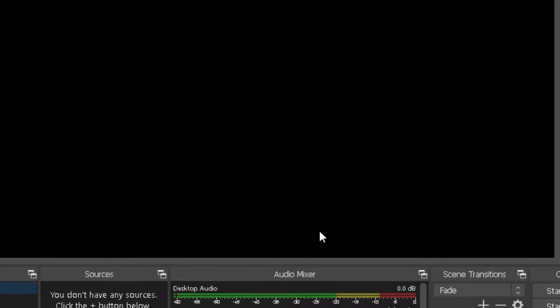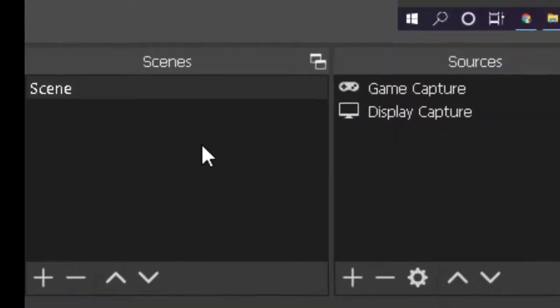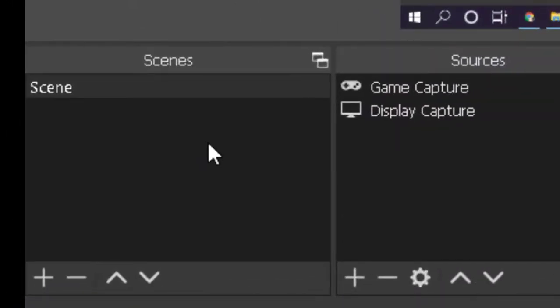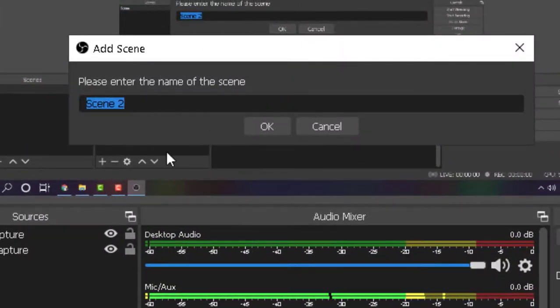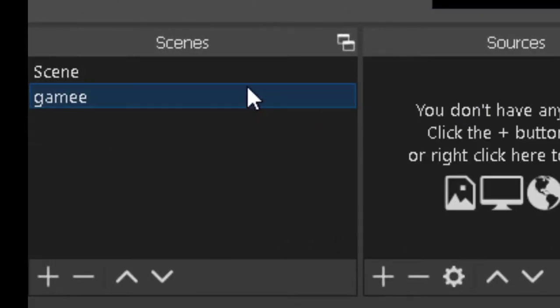Once you're set up with all these settings, the OBS Studio must look something like this. So this is the OBS Studio. Right up here you have the display that is being captured, and at the bottom you have a couple of panels. Starting from the left, the first one is the scenes panel. Scenes is a panel where you can create a new scene, which is similar to creating a new file in any other software. Here you can name the scene that you're going to create, and also manage a couple of scenes at the same time. You can customize each scene and the recordings that are to be done for each scene.